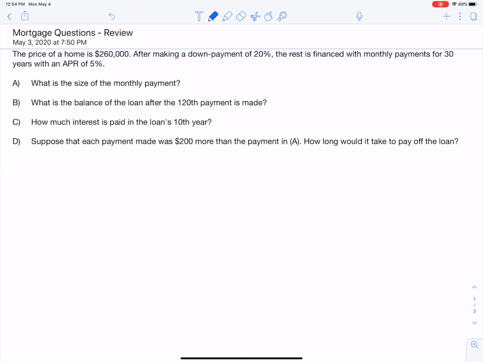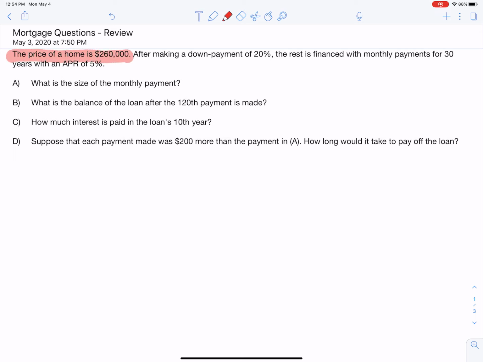All right, so let's take a look at an application problem with mortgages. This actually coincides with problem 12 in the online homework. Some new things we're going to look at are the number of payments and interest paid during a specific year. So here's an example. What we're going to do is look at a